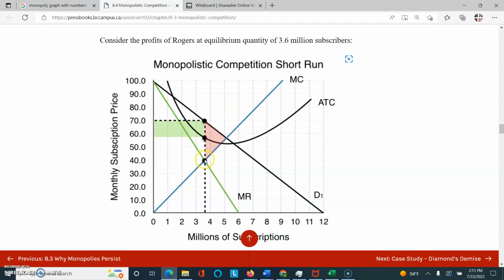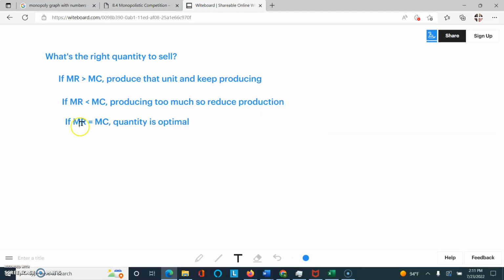Now here's where students make a little mistake, and that's why you're getting the benefit of my screencast here. You don't want to go and look at the price on the left. You're going to use this cross point here to identify the right quantity. So it looks like in this graph it's about 3.6 million subscriptions. Okay, so the first part, to answer the question, the optimal quantity would be 3.6 million